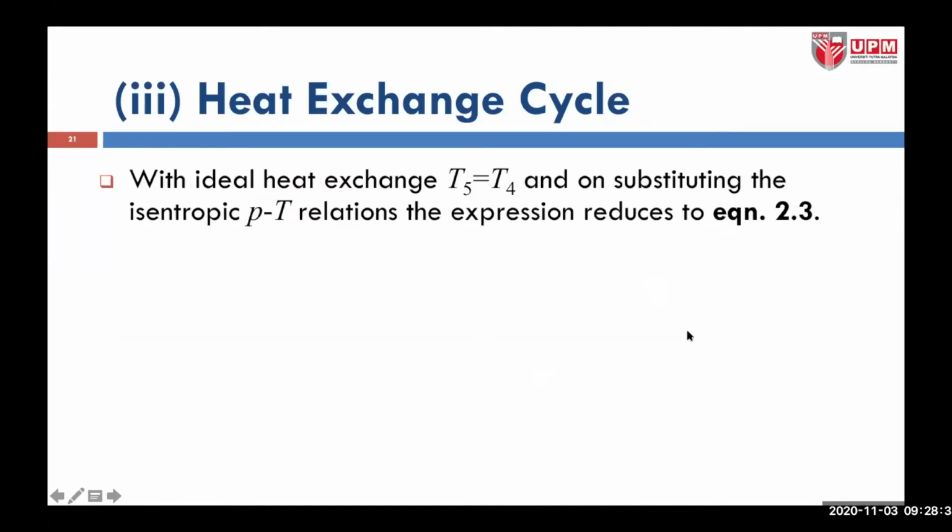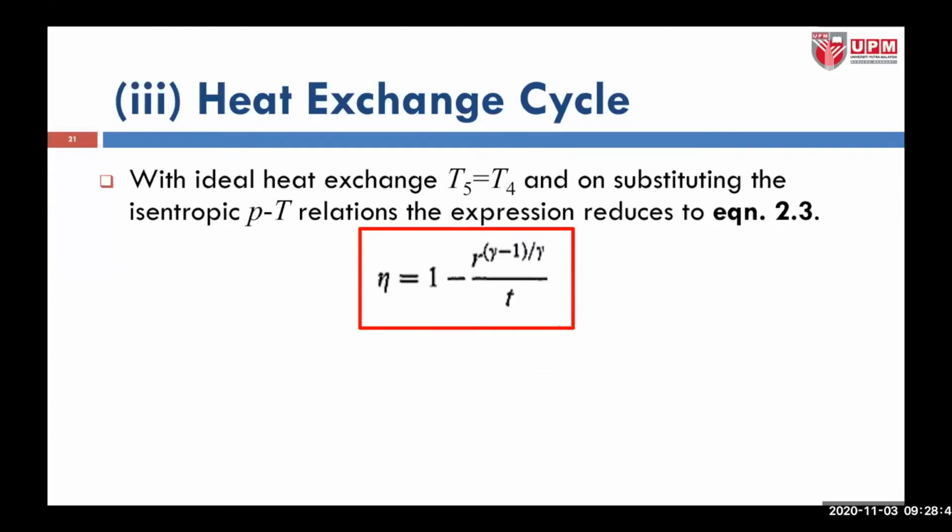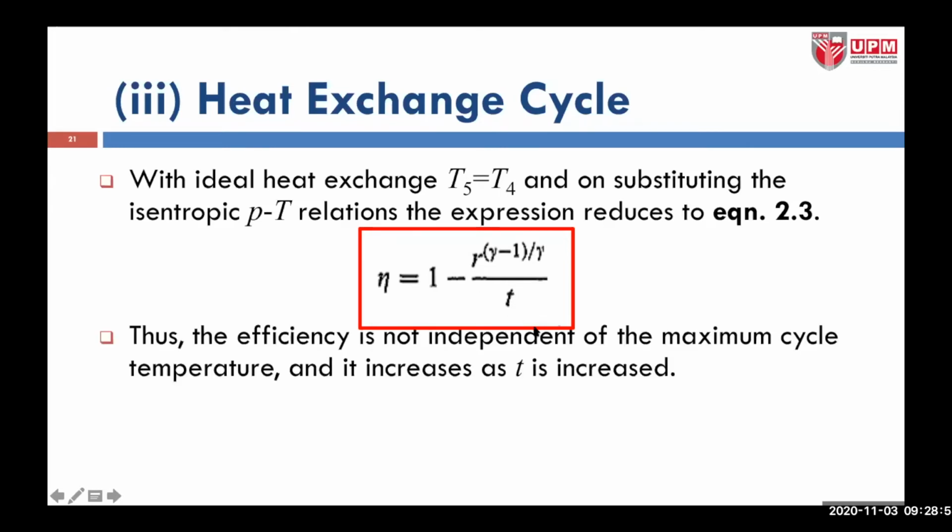So the expression can be reduced to equation 2.3, which is this one. The efficiency zeta equals 1 minus the pressure ratio to the power of the specific heat ratio minus 1 divided by specific heat ratio, divided by the temperature ratio. Thus, the efficiency is not independent of the maximum cycle temperature, which is T3,